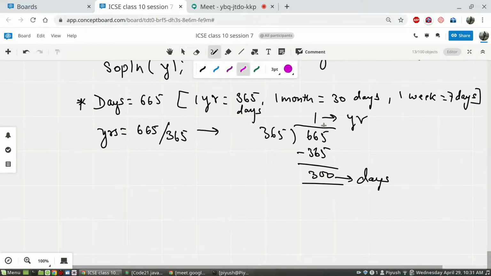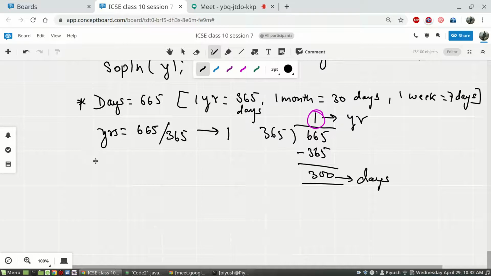These additional days we have to convert into months, weeks and days. Because we have found the number of years as 1, the remaining are 300 extra days, and these 300 extra days have to be converted into months, weeks and days.